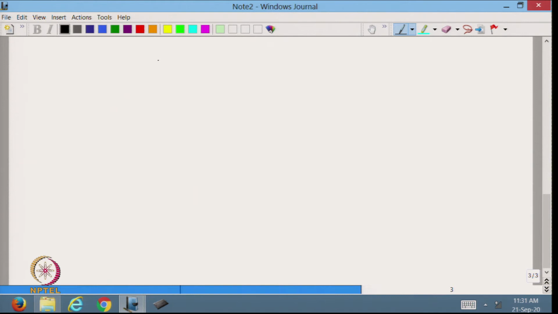Now, on the right hand side I will get a f of minus h plus b of f of 0 plus c of f of h. So, this one I need to find out. Now, from here this is equal to a times f of minus h, because f(x) is x square now. So this will be minus h square plus b, this will be 0 square plus c, and this will be h square. So from here I can write that this is equal to a plus c h square.